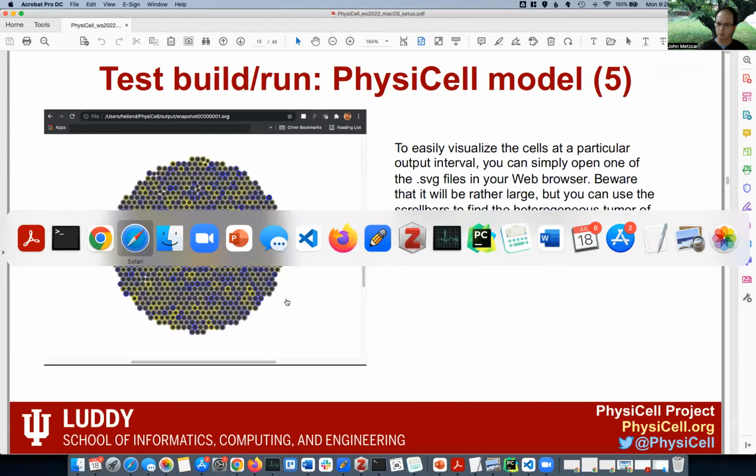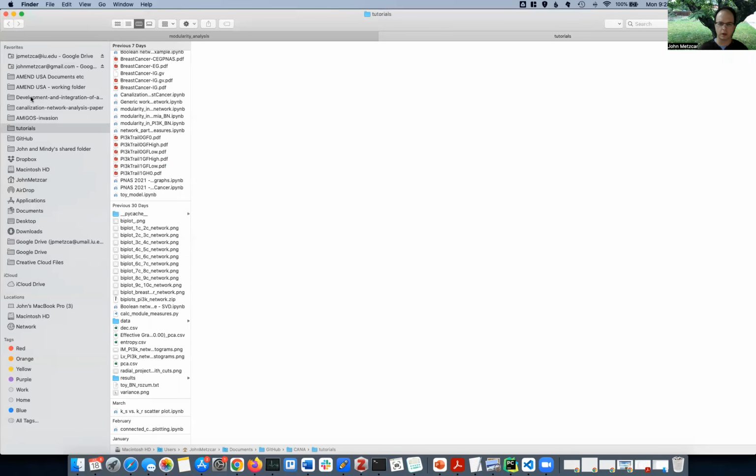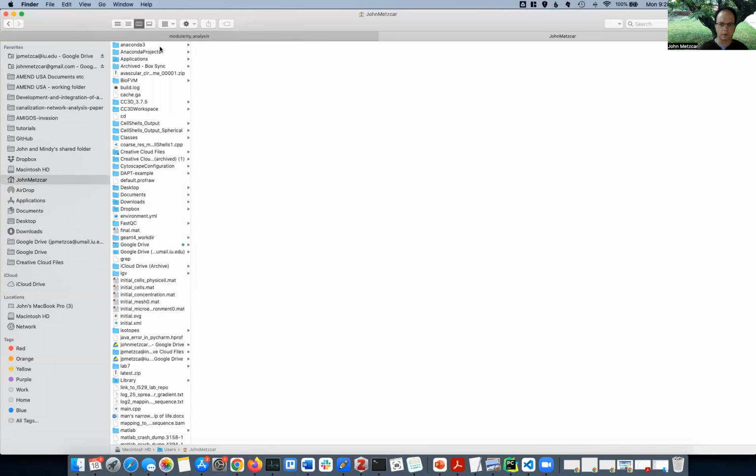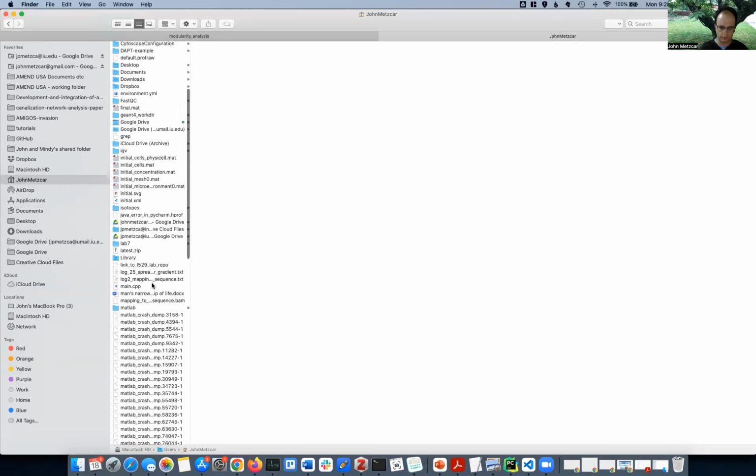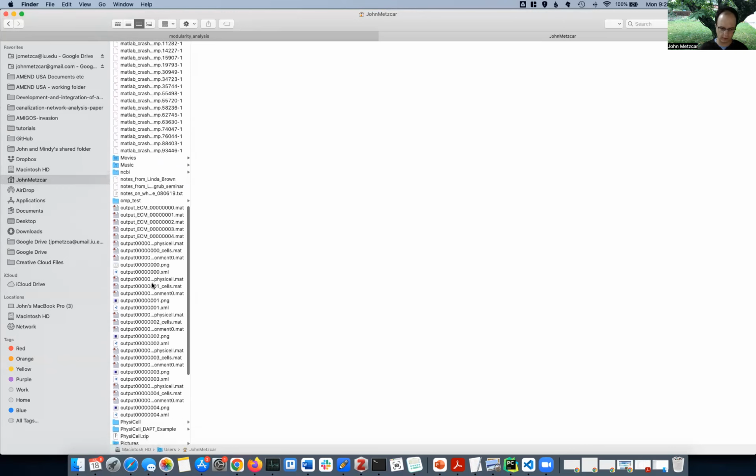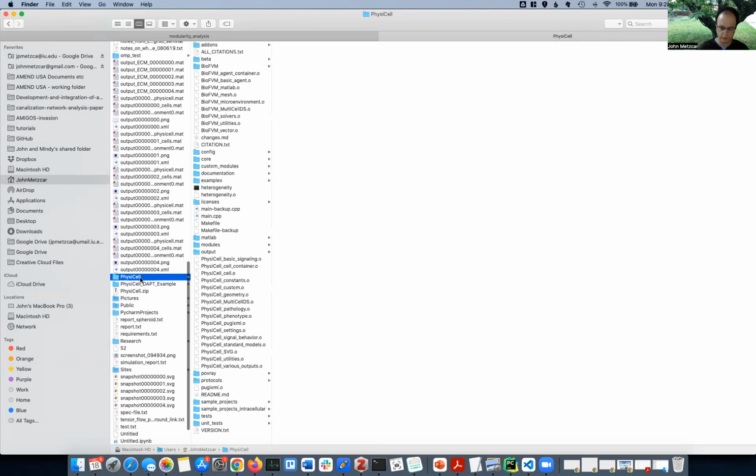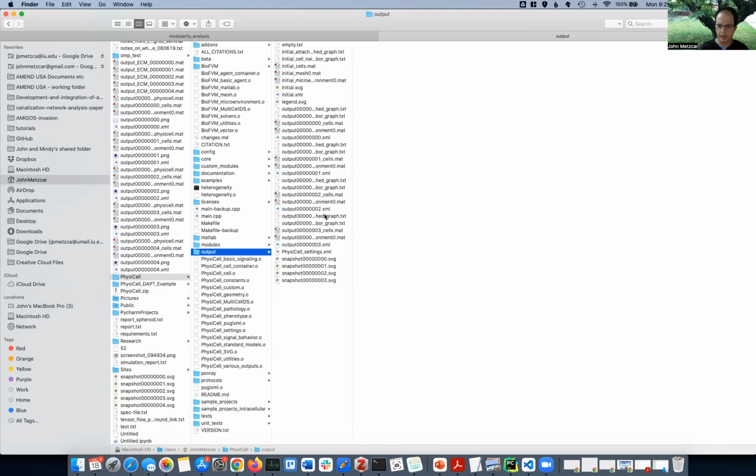Now, the other thing we can do to verify this even more fully is go to, in this case, I'm going to use the graphical user interface to navigate the files. And of course, you can do that. I'm showing you the command line ways of doing it, but please, you should do whatever works best for you. I find that the command line and this graphical file explorer work pretty well for me. I do both. All right, so here's an image output that will give us some immediate feedback on how the simulation went